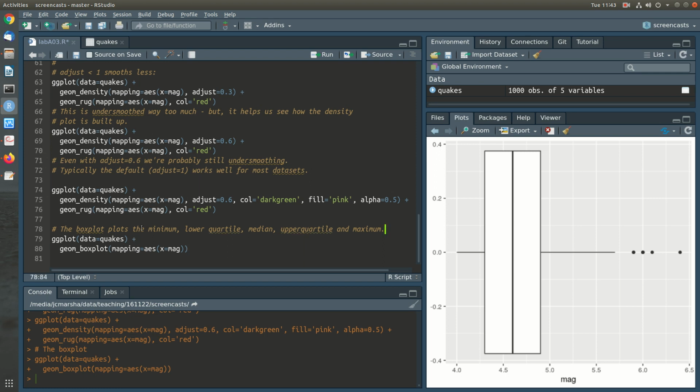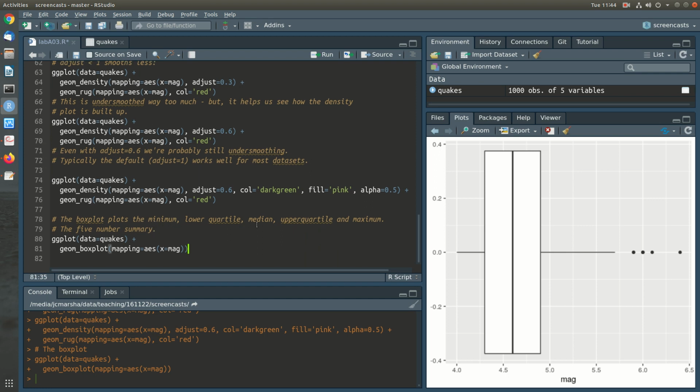Okay, so this is the 5-number summary. We'll talk a little bit about this in lecture 3 on Thursday. The point at the end of this line here is the minimum, so that's 4.0. The maximum is out here, 6.4, and then the left-hand side of the box is the lower